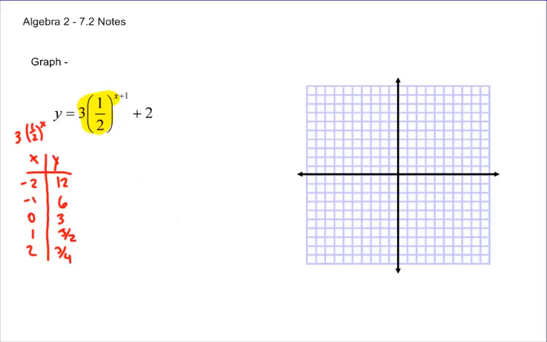Okay, and it's an easy graph to do. So we're at -2, 12, which is not too bad. It's just right off the screen. -1, 6, 1, 2, 3, 4, 5, 6, 0, 3, 1, 1.5, and then 2 and 3/4. So here's my graph,